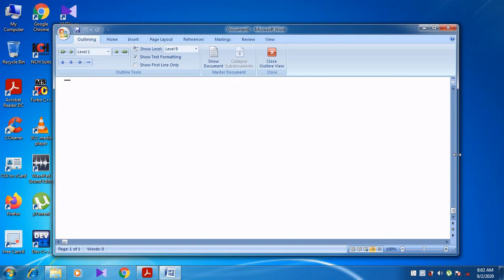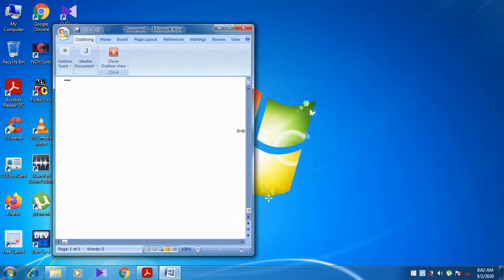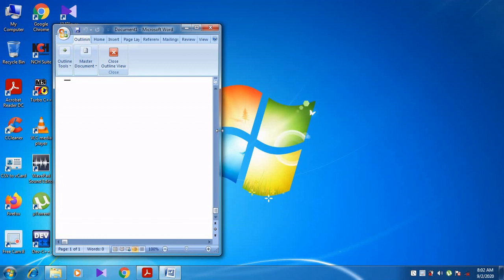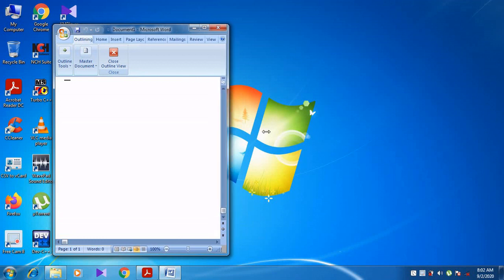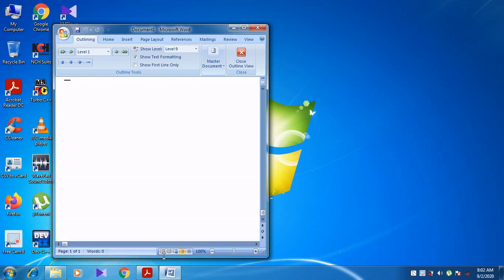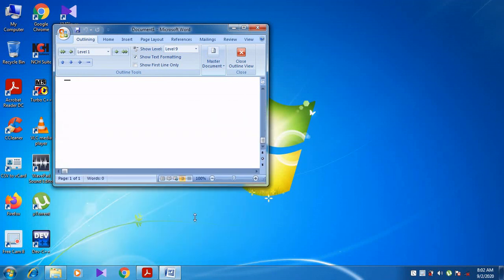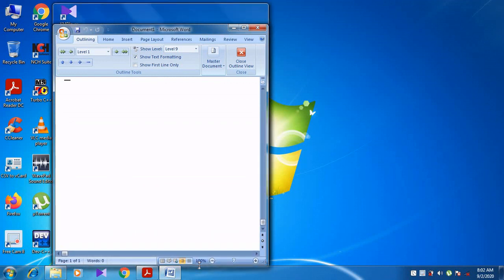If I move towards the right side, now you see the window size is changed. If I move towards the left side, the window size is increased. Can you see the difference? Like that, if I move towards up, that is top, the window size is decreased lengthwise. If I move towards down, lengthwise it is increased.